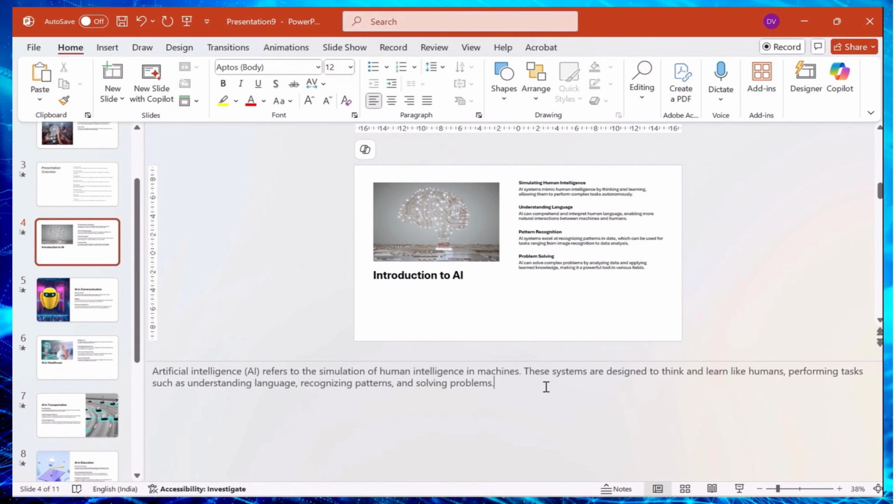Even Copilot is available on multiple applications like Teams, right, to summarize an entire conversation, agenda, and so on and so forth. Okay, so let's talk about presentations only for this particular series, because this entire series is all about creating a presentation with the help of Copilot.